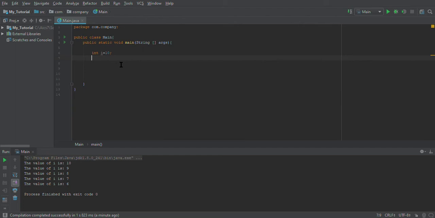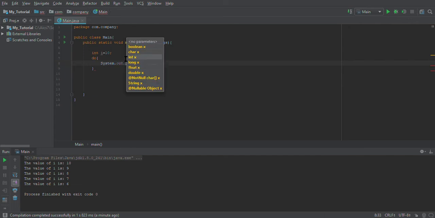All right, so we have a do while loop. So we say do, then followed by curly braces. So what do we want to do? Let's say system dot out dot println, then it should print I. It should do this. Do you get it? Do this